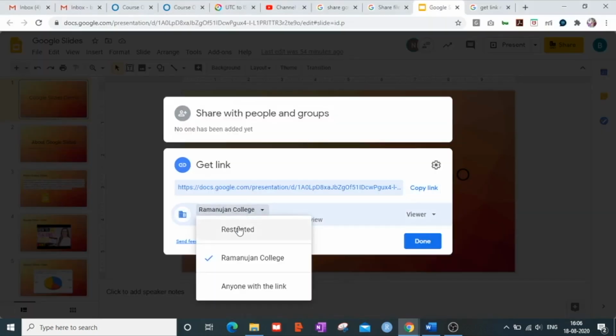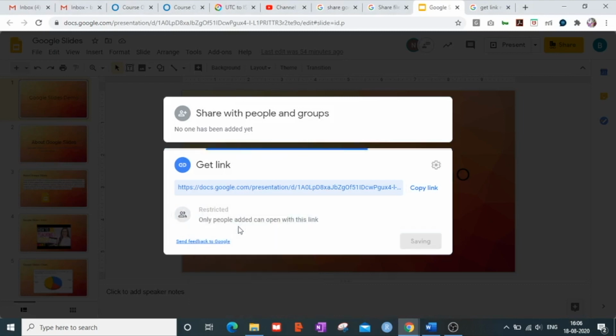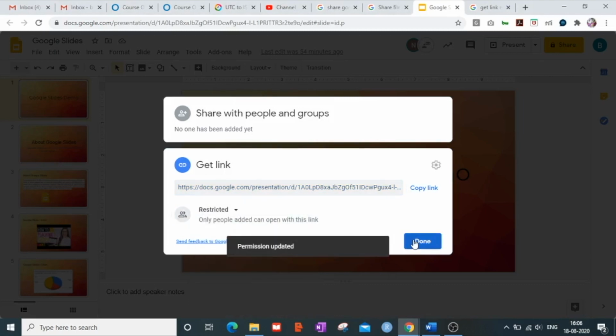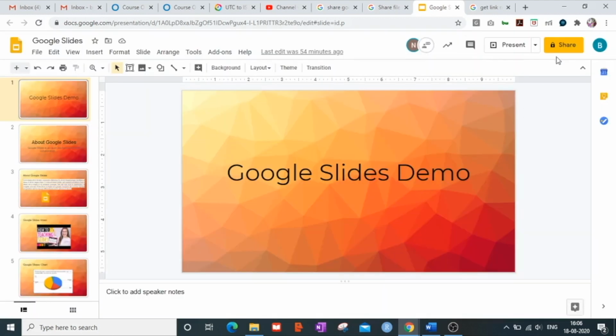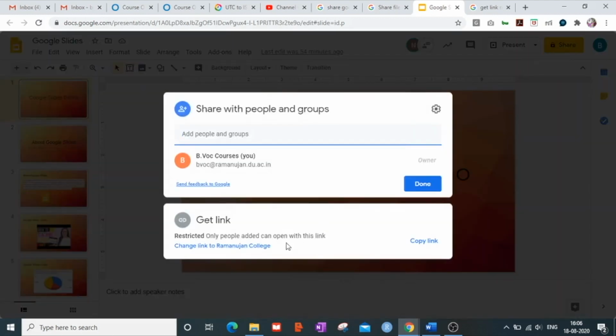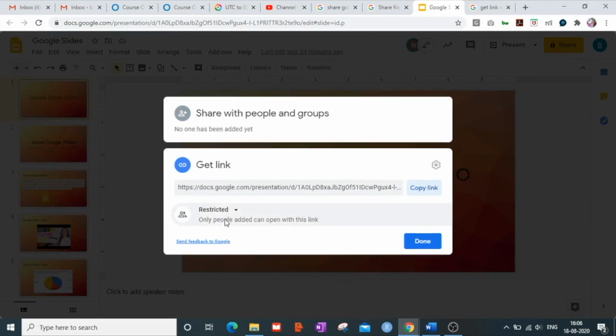The next feature is the restricted option. Now you click on the restricted option and then you press done. You go on to the share button and you copy that link.